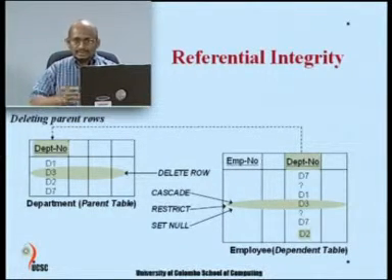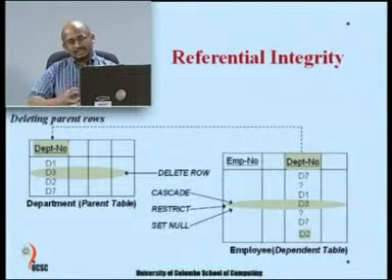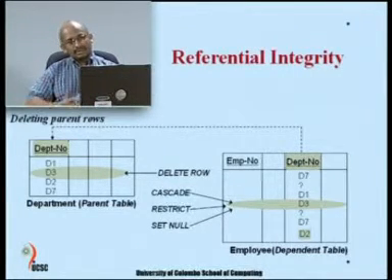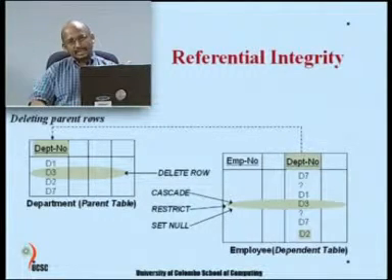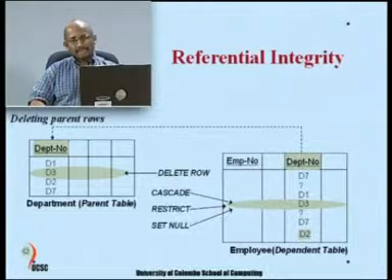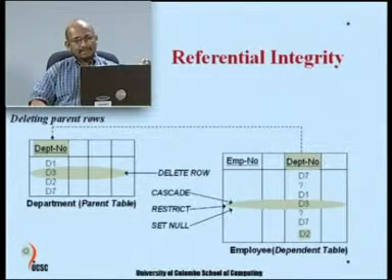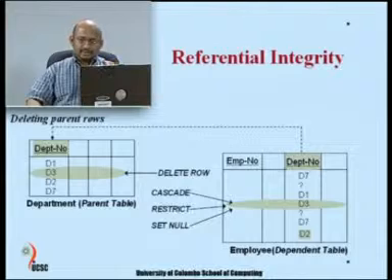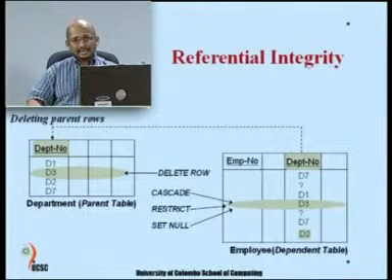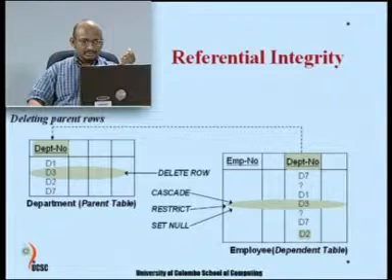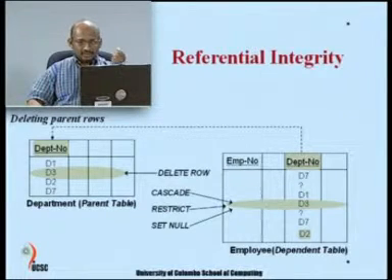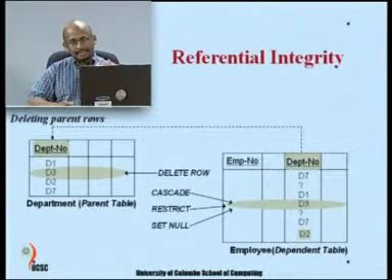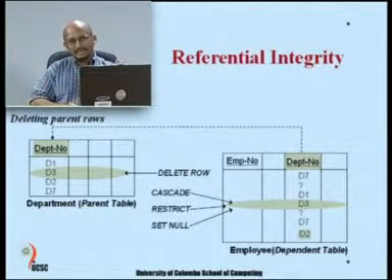So, to do these options automatically based on your preference, it is possible to expand this foreign key definition with the appropriate action to be taken in case a deletion takes place in this department table. In this particular case, if you delete the department and want to similarly delete the corresponding employees, we can say cascade. If you want to prevent that from happening when there are matching values, you can say restrict.